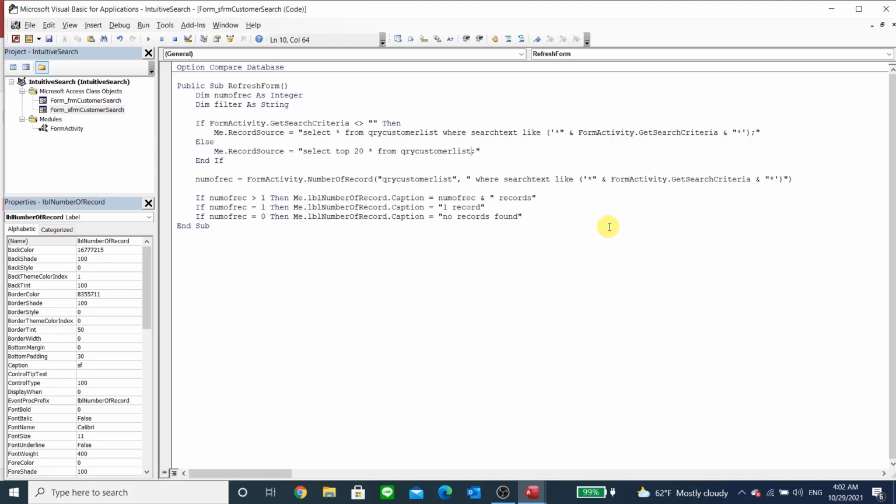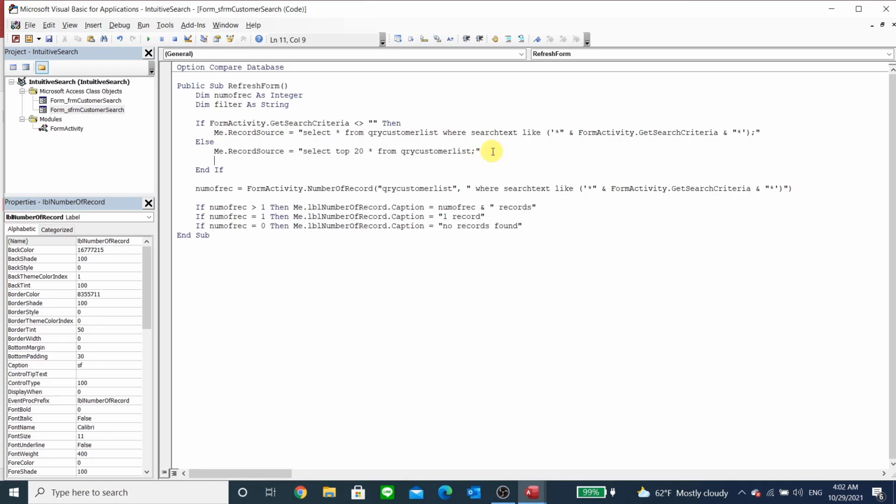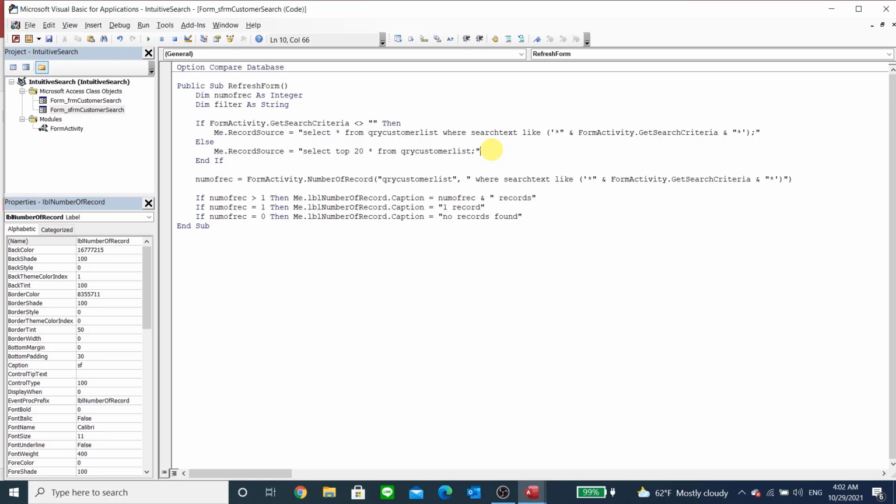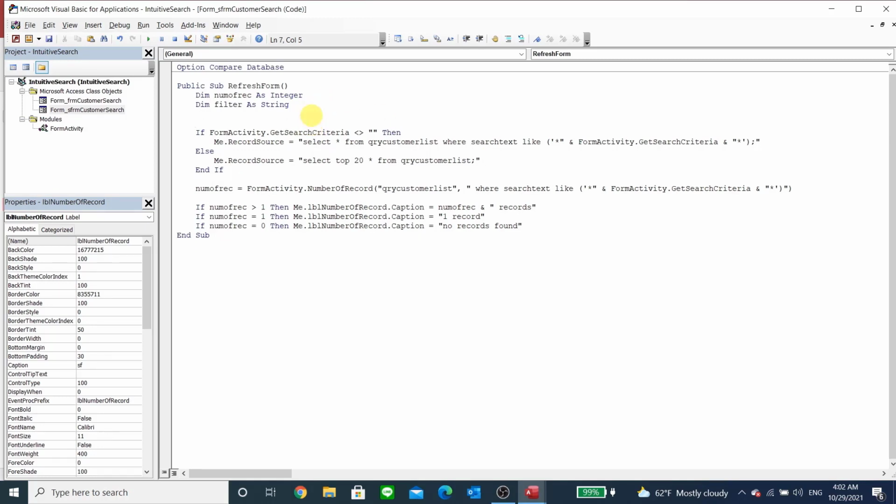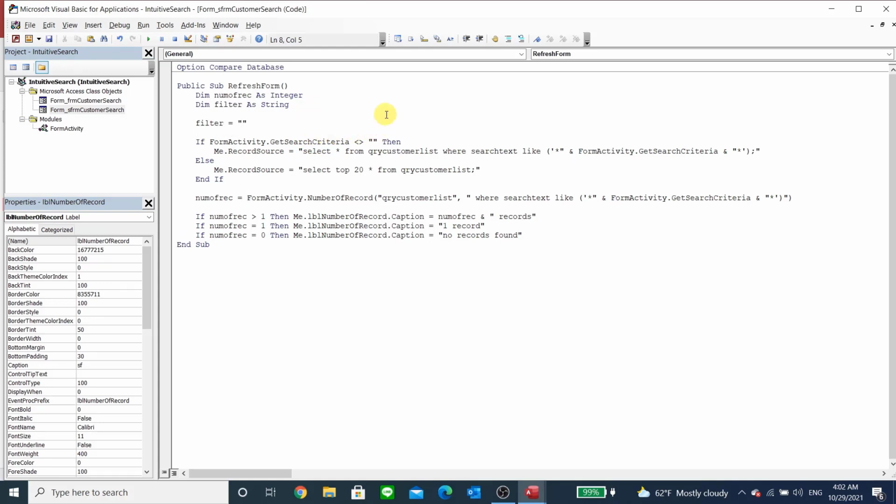All right, and here's where that filter is. Oh, wrong place. Not there. My bad. But while we're at it, we'll go ahead and set filter equals something, nothing, and here